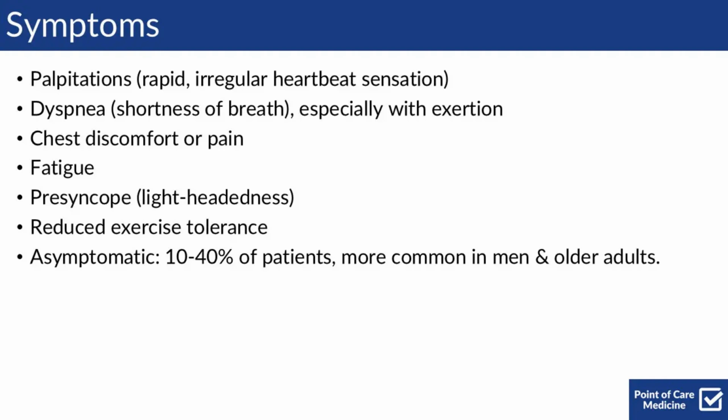An asymptomatic presentation is more common in men, with 10% asymptomatic versus 3% in women. It's also more common in older adults, with a mean age of 74 versus 62 years for symptomatic patients, and in those with diabetes. It's often discovered during evaluation of complications like stroke or heart failure, or incidentally during routine